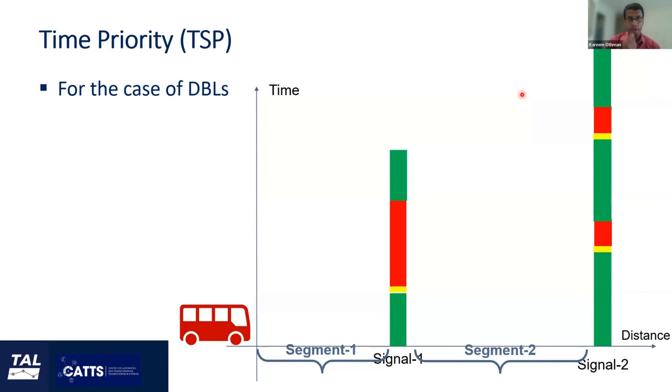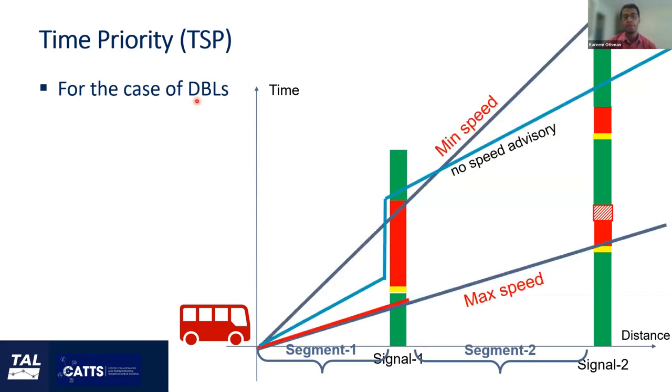And finally, for the time priority, I have mentioned that we will test it with transit signal priority, and it's only for the case of dynamic bus lane. And I'm going to quickly show why we have tested it with the case of dynamic bus lanes. If you have a bus that's arriving at the intersection at the beginning of the green phase, what happens is that with dynamic bus lanes, you have some traffic blocking or queuing at the bus lane. So you have to take into consideration the traffic queuing in this lane. So you don't advise the bus driver to arrive exactly at the beginning of the green phase, but you advise the bus driver to arrive at the intersection exactly after the queue is clear.